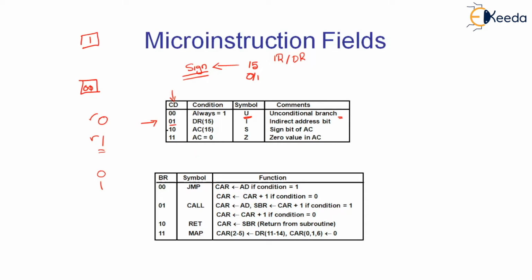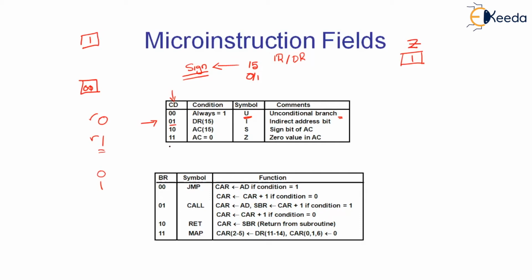Once again, the fourth condition field, if it is equal to 11, we will see if the accumulator content is totally 0. That means that we are going to watch a 0 flag, that is a Z flag. You know that within the flag register, we do have a Z flag. If the Z flag is equal to 1, that means that the accumulator contents are equal to 0. When the accumulator contents are equal to 0, then a branch will be taken.